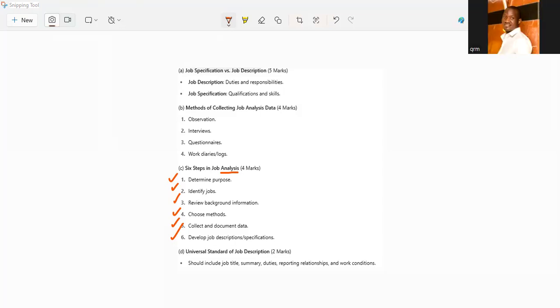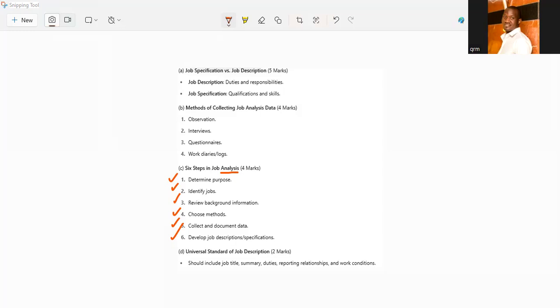Okay, well explained. So the duties, you will need to list the key tasks that the employee will do, what they are expected to perform. The reporting relationship, so who they report to, whether they supervise any people. The conditions, whether the environment, the hours are so much and so much, whether there are any travel requirements or any specific demands of the job or hazards that they should expect. Okay, so that is on that part.